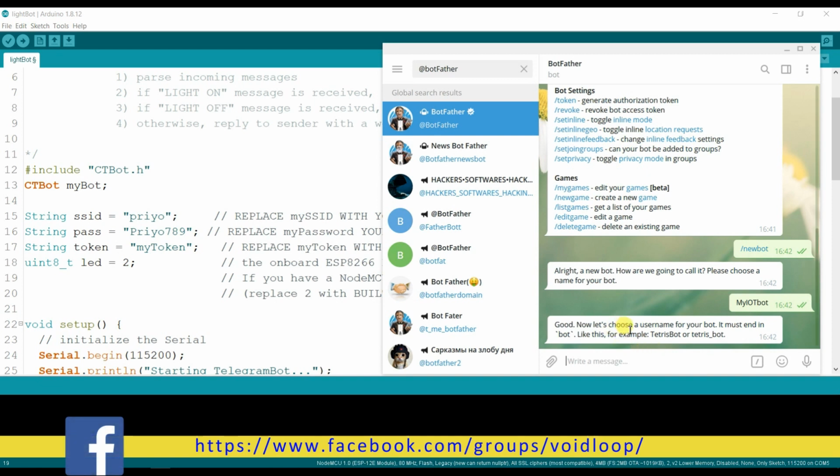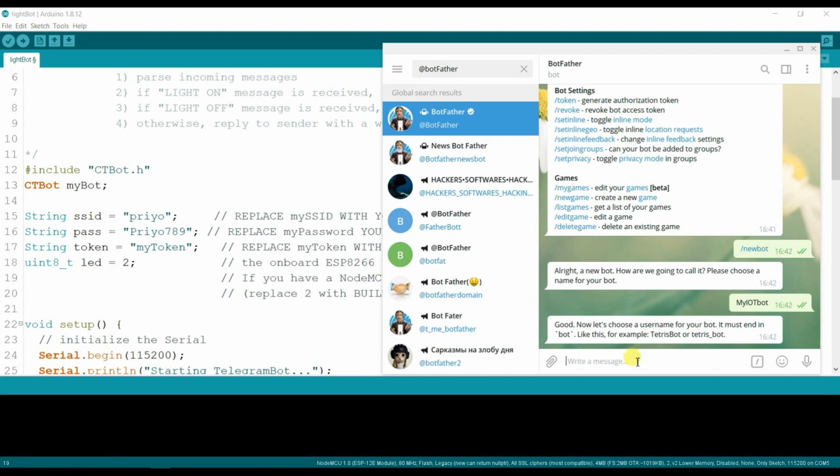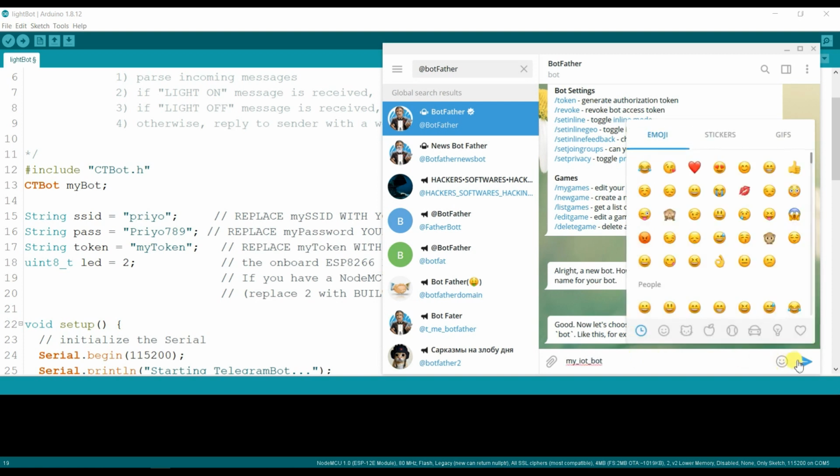Okay, now we have to choose a username. There should be a unique username. So my underscore IoT underscore bot.